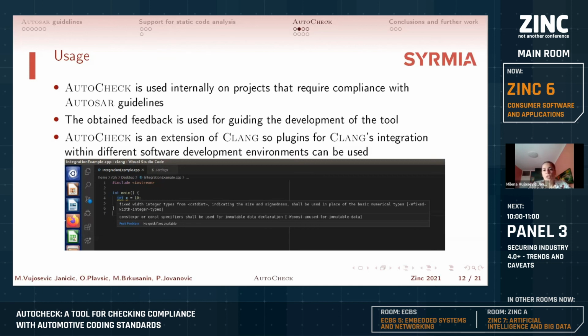It is a recommendation from Autosar guidelines. So you should use a type exactly stating the size. So it should be int32 type, not integer type. Okay, so because this integer type can differ on different platforms, and Autosar guidelines say that it should be precisely written if you want to use